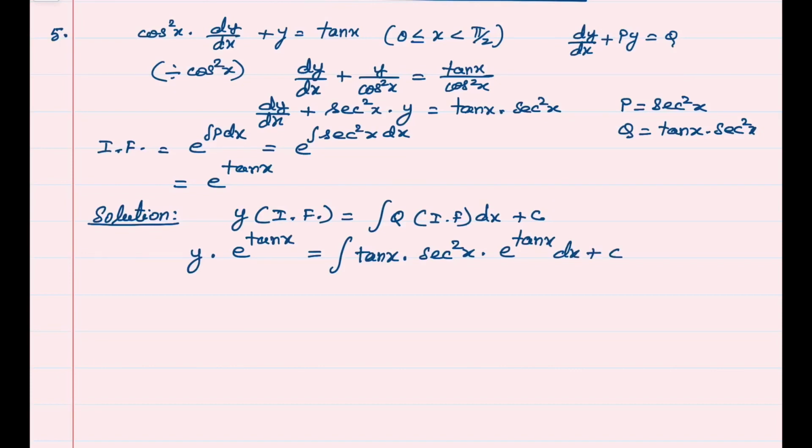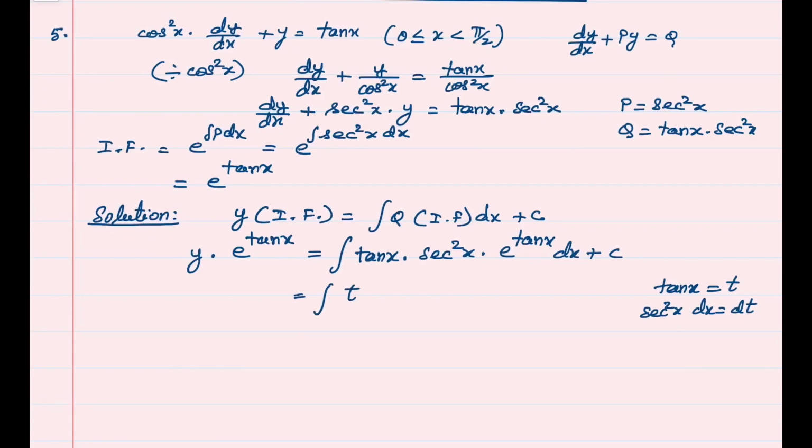We will do this integration by substituting tan x as t, because we have combination of tan and secant square. We will substitute tan x as t. Secant square x dx becomes dt. Therefore, the integral becomes